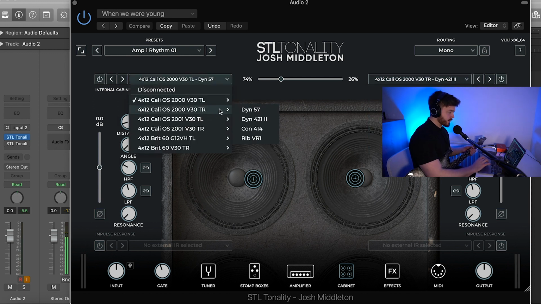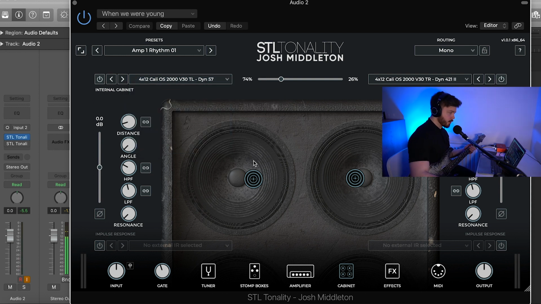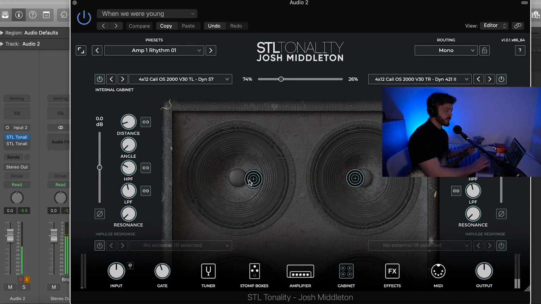Then as you go into the sideways drop down box, TL means top left, TR means top right. In this sideways drop down box, this is where you choose the mic. You've got a 57 here, an SM57 emulation, 421, 414, and a ribbon mic. What I've got here is a 57 because all the best rock tones are recorded with a 57. This one's on the top left, Shure 57, and I've got it not in the center, because if you take a listen to the center, if I put this in the center,